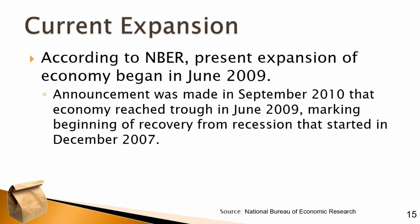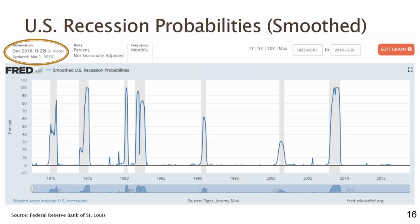I think we have to look at the fundamentals, and if you look at some of the other data, like the Federal Reserve Bank of St. Louis, and this is as of March 1st, they calculate the probabilities of a U.S. recession on a 0 to 100% scale, and you can see they've plotted those recession probabilities against the gray areas, which indicate the actual recessions. Sometimes, as in the early 2000s when we had a slight recession, the recession probability calculated by the Federal Reserve Bank was only about 30%. Other times the probability gets much higher. But the important thing is that as of March 1st,